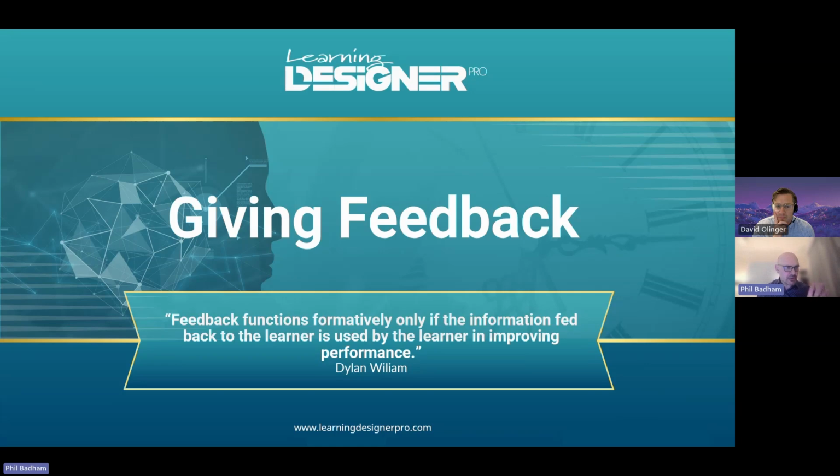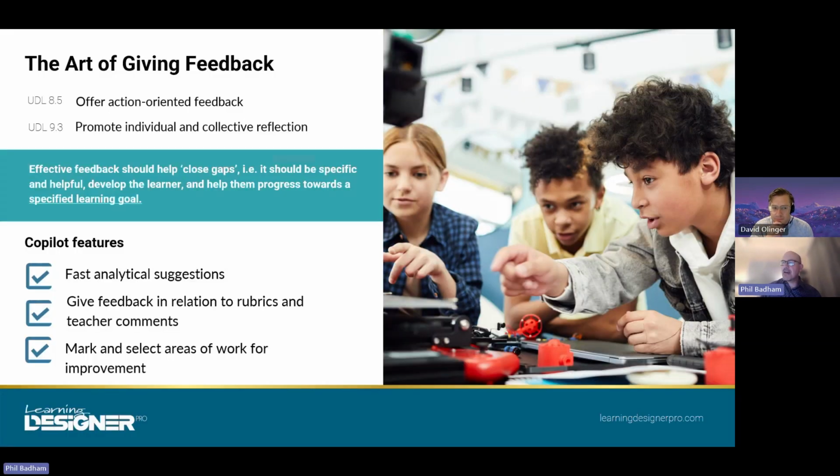So how can we make sure that feedback which is provided for students isn't just abstract and woolly and just praise, but actually gives them actionable, meaningful feedback that helps them to improve the quality of their work? So what we're going to be doing is thinking about how Copilot specifically can give fast analytical suggestions in the moment, right there, close to proximity to when the learner has completed the work,